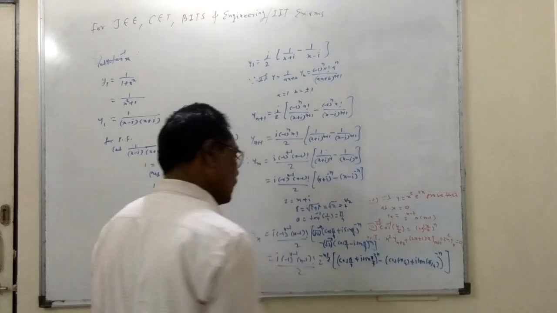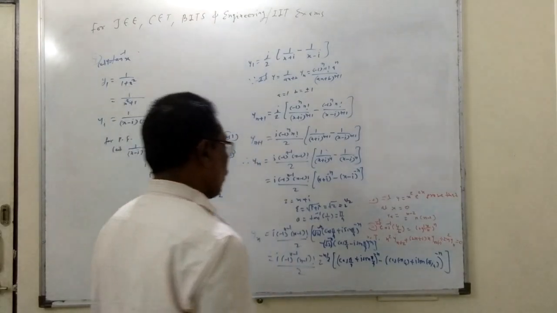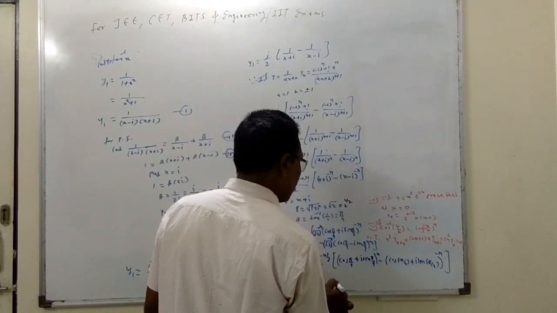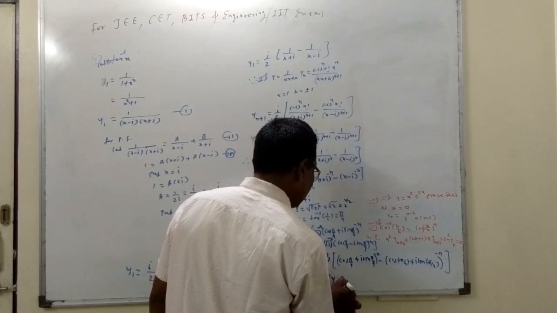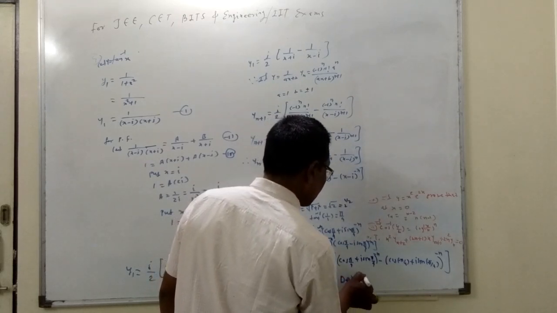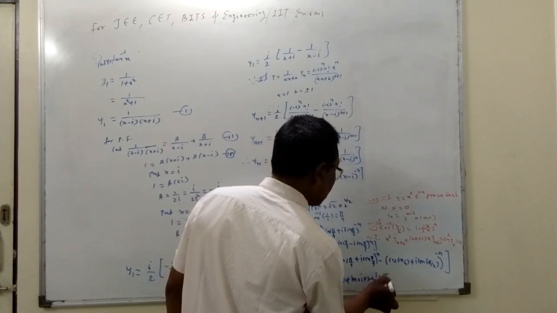Now this function is in polar form, so we can use De Moivre's theorem. So by De Moivre's theorem,